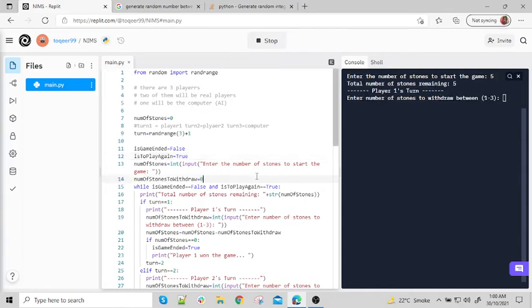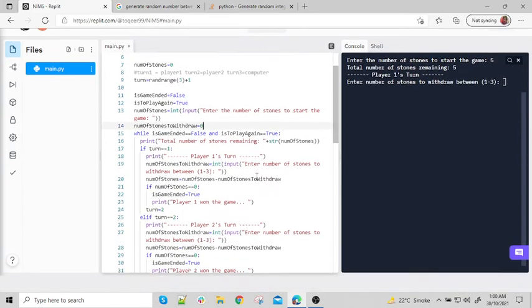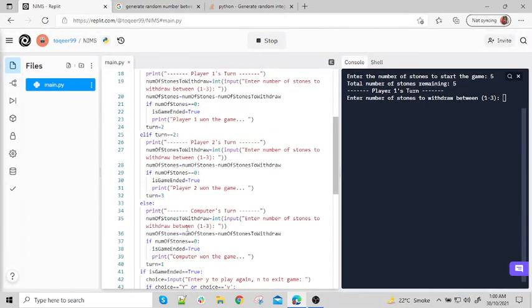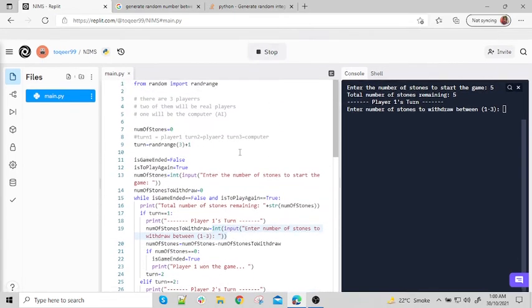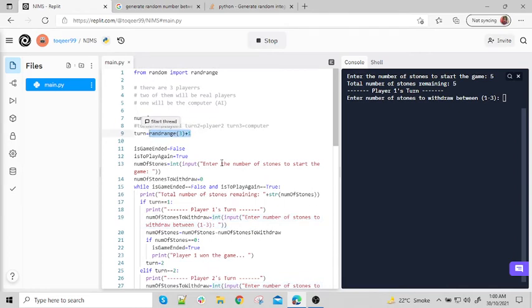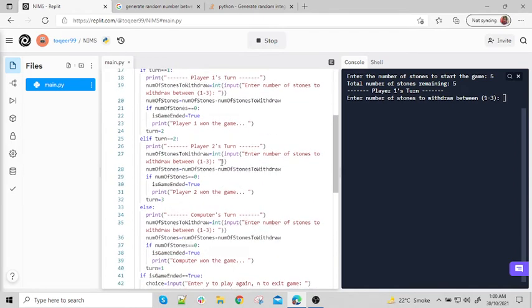What I'm going to do next, first of all, is the computer's turn. The computer's turn should not be inputted, it should be generated randomly. And how it can be generated randomly, we already have the code. This code generated a random input between 1 and 3, the same can be used here. This is the computer's turn.